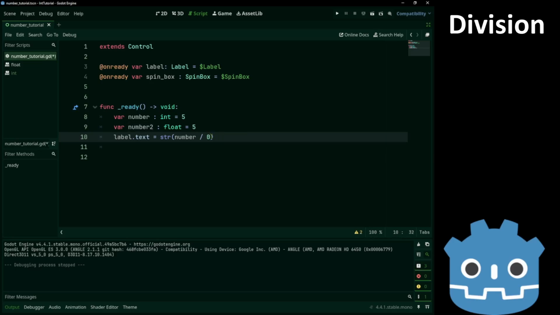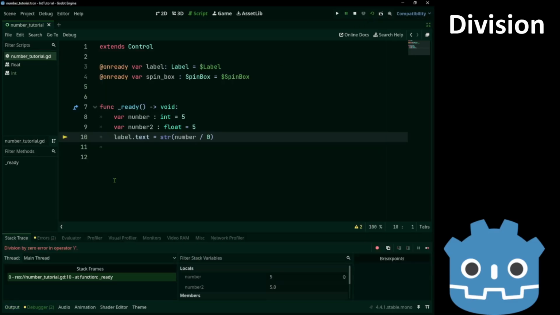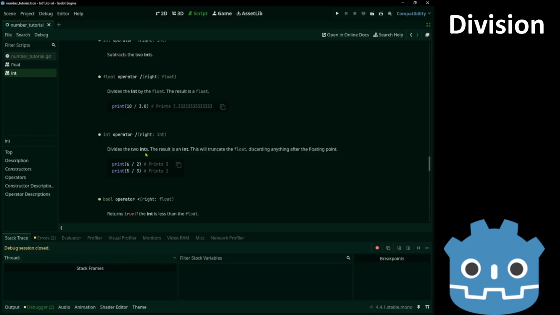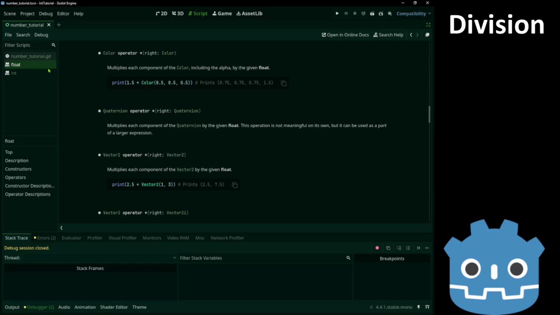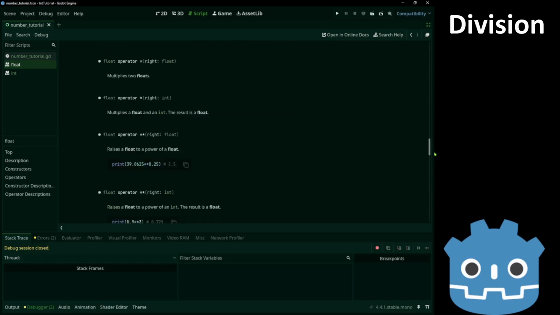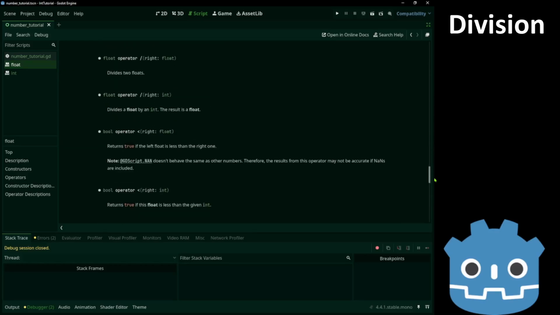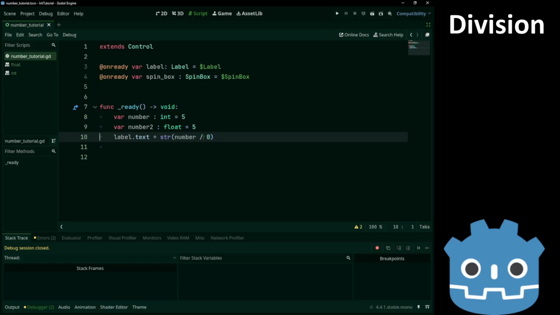What happens if we divide by 0? We get an error. Division by 0 error. This is integer division. Both numbers were int. If the dividend is float, the result is always float. And something interesting is that float 0 is different.